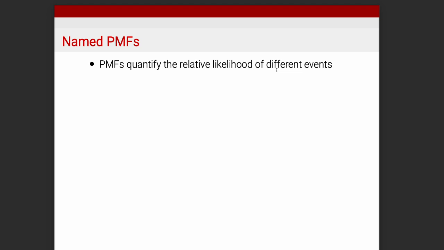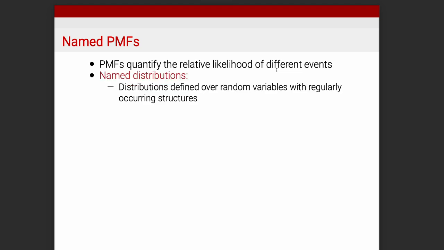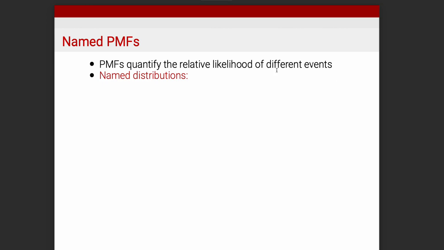and then we'll go on from there, and we'll see how far we get. So we've been talking about things like a Bernoulli distribution. Well, what do we mean by that? What exactly does that mean? Well, it turns out that there are certain kinds of distributions that are named. So what do we mean by that? Let's break it down very simply.